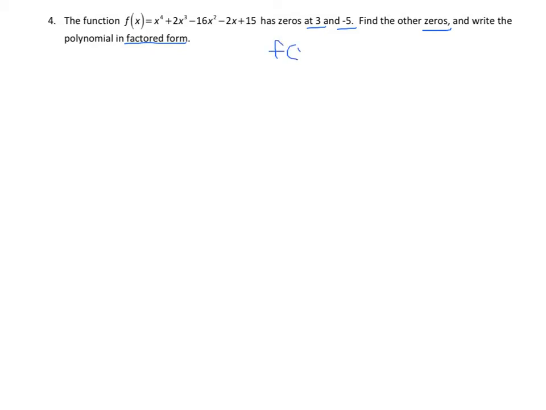So f of x, since I'm given two of the zeros, if it has a 0 at 3, x minus 3 would be a factor. If it has a 0 at -5, x plus 5 would be a factor, and then I don't know what the other part is going to be, so I'm going to use long division again. And again, I'm going to use synthetic division, because if I have linear factors, synthetic division is faster to me. So remember to use